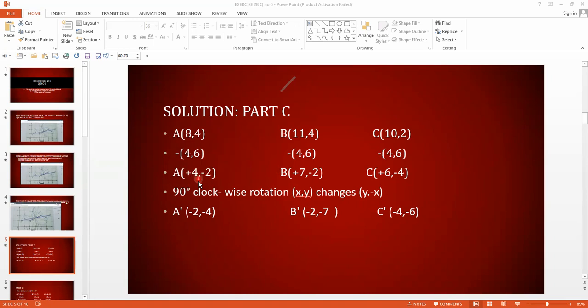बेटा जब हम x को y से रिप्लेस करते हैं तो x की जगह हमने -2 लिखना है, ओके, और y की जगह हमने +4 लिखना है और इसका साइन चेंज करना है। सो +4 विल बी चेंज इनटू -4, ओके। क्यों ये करना है? क्योंकि 90 डिग्री क्लॉकवाइज रोटेशन के लिए जरूरी है कि इनको रिप्लेस करें और सेकंड वाले का साइन चेंज करें। क्लियर? अगेन at B we have +7 -2, we have to change into -2 and this +7 sign will be